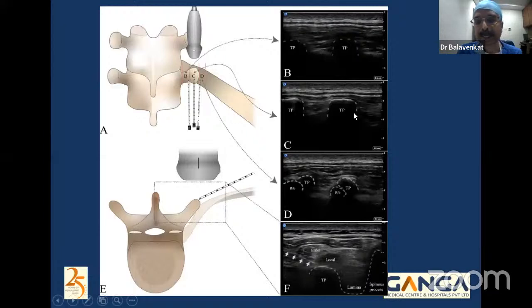This is the area where it is the junction between the rib and the transverse process. So this is what you see here in this diagram. So that is the costo-transverse junction. But simple take-home message, you see 3 layers here. This is the ESP, this is the transverse process, and all that we need to do is,